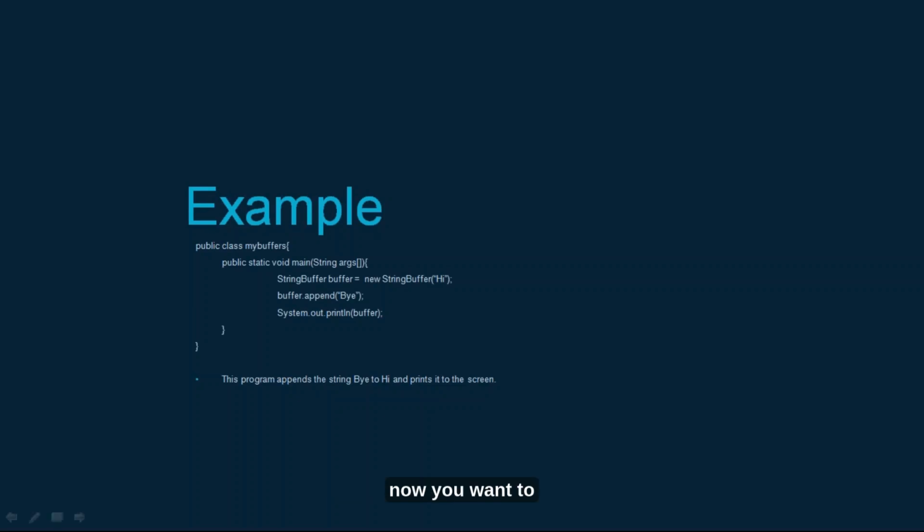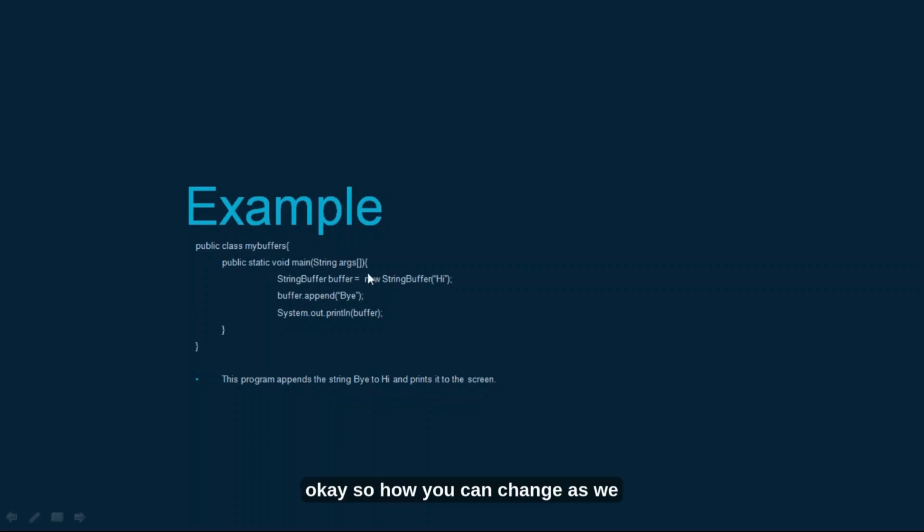Now you want to manipulate this object value. Buffer is a reference variable pointing to the location where hi is allocated.